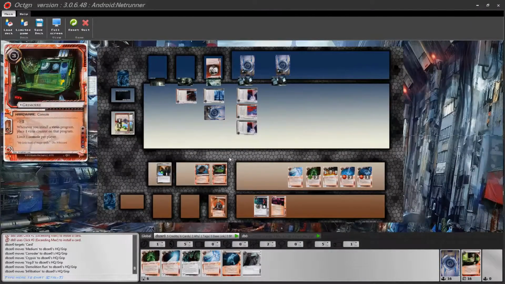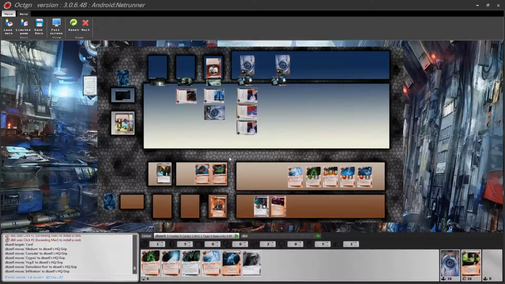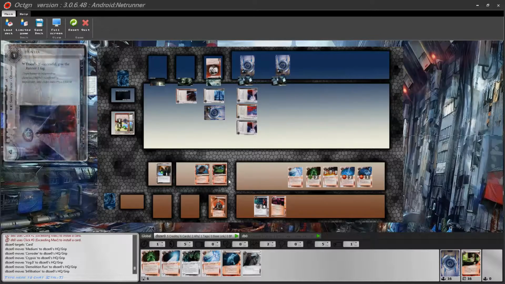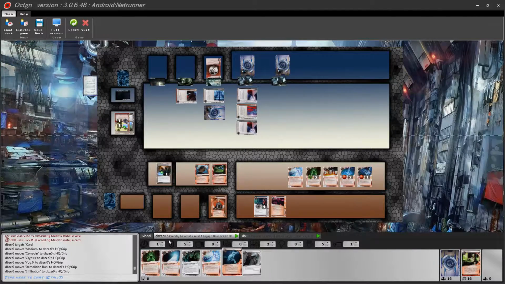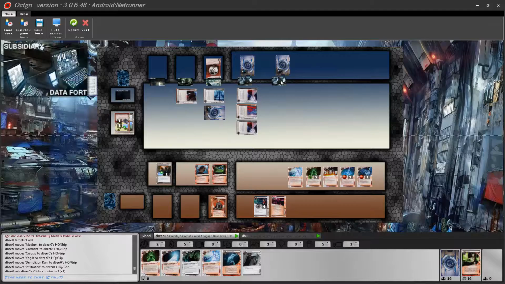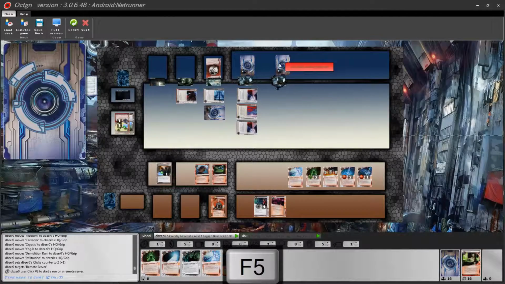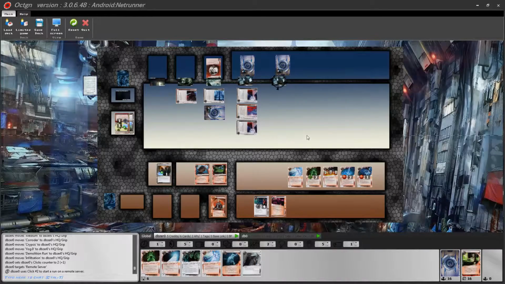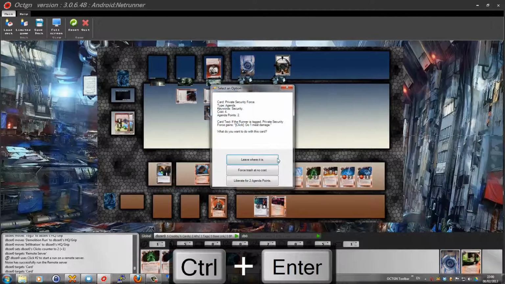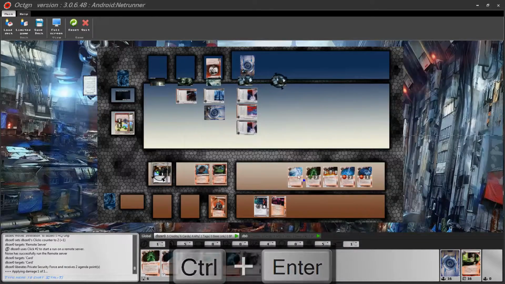Of course a runner can also win by scoring those agendas. So let's take the scenario that we had enough cards in our hand to pass through these servers. And let's see what happens. So with our first run, let's do a run on the remote server. We press F5. There's no ice to stop us, so we immediately press F3 to signify that we did a successful run. We target the card, we press Ctrl Enter, we can liberate the card, take our damage,